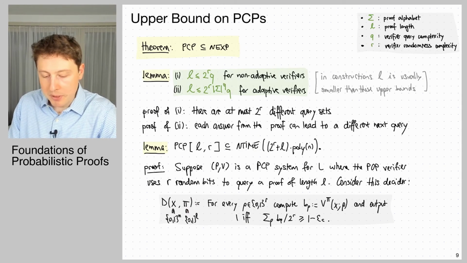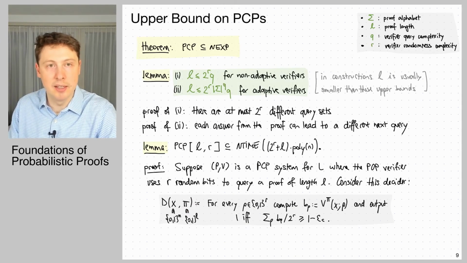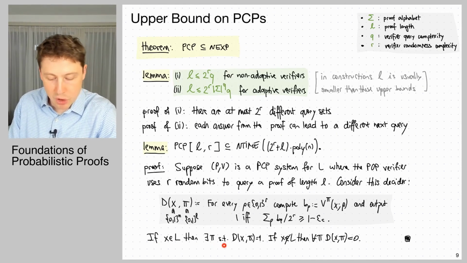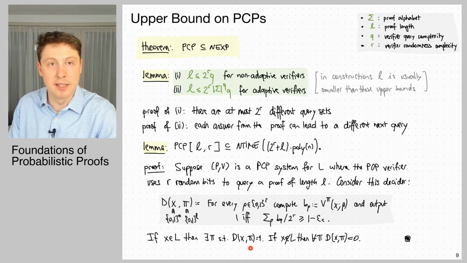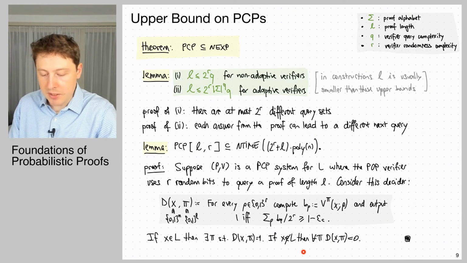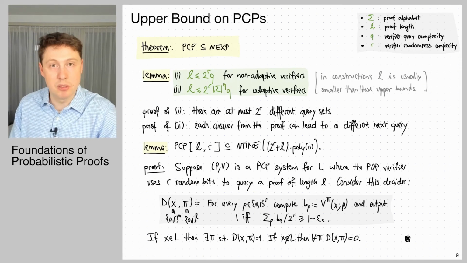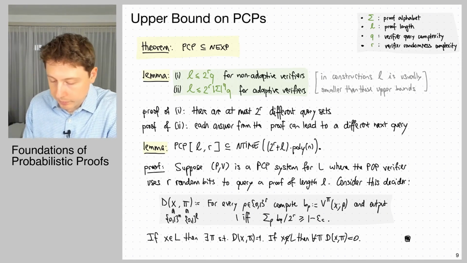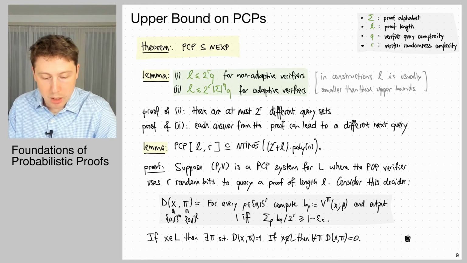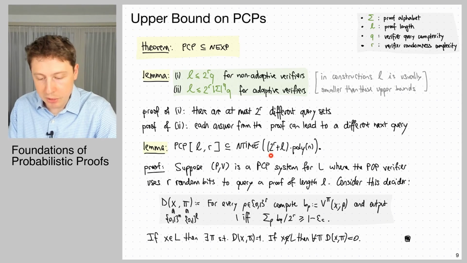And I'm just going to accept if the fraction exceeds the probability in the completeness case. And it's easy to see that if X is in the language, then the honest PCP will make this thing accept, because this will add up to the right probability. And if X is not in L, then it will not, because of the soundness condition of a PCP, and I will say no. And the running time of this thing is 2 to the r times the running time